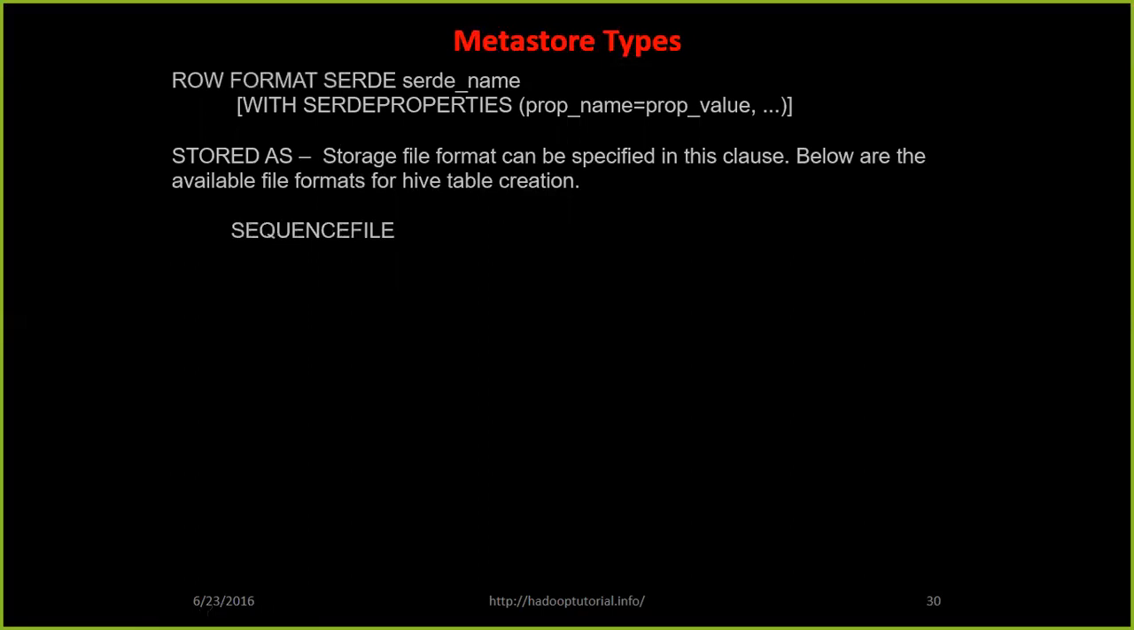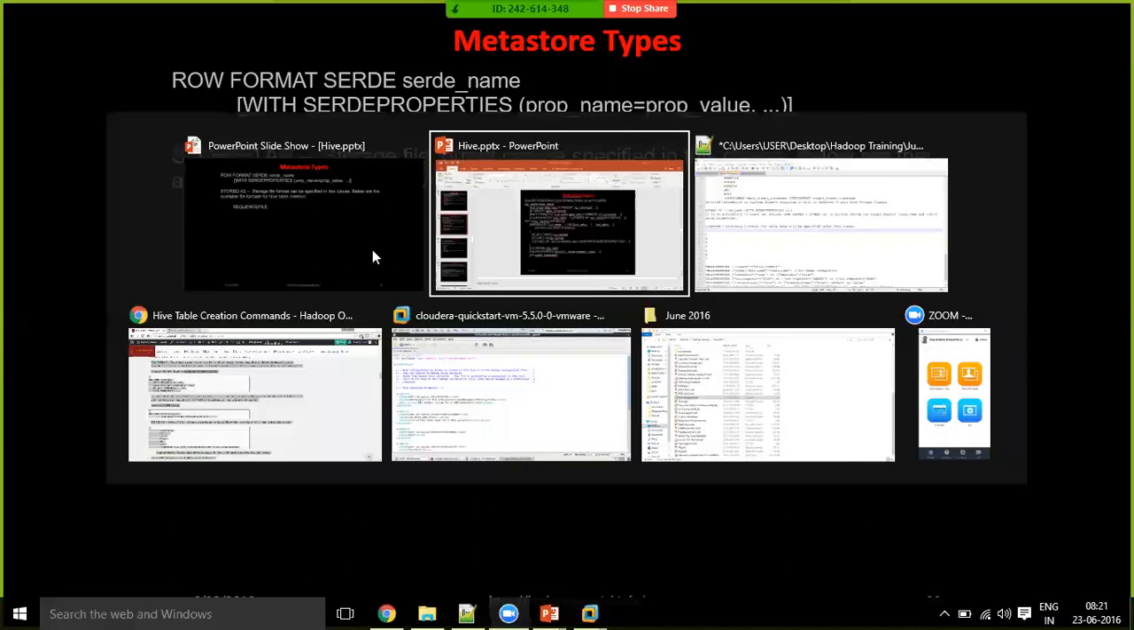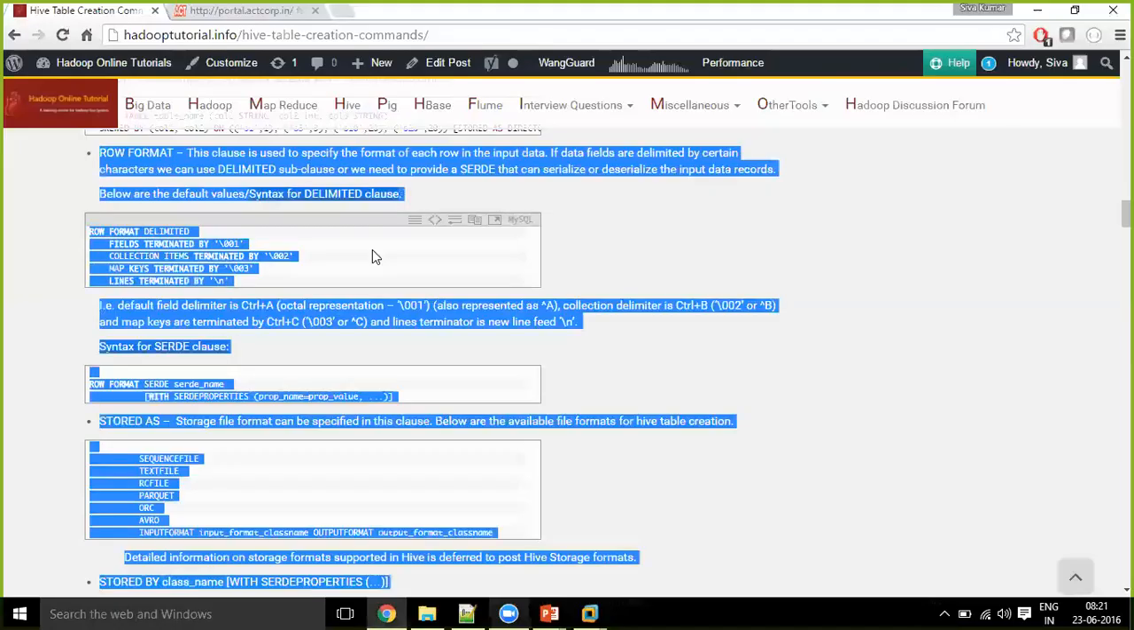What are the different file formats and which one to go with in case of Hive and in case of Impala, and in general, what is the best file format in your Hadoop? Okay. So for that, once again,